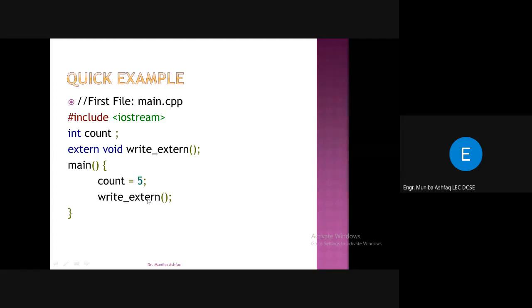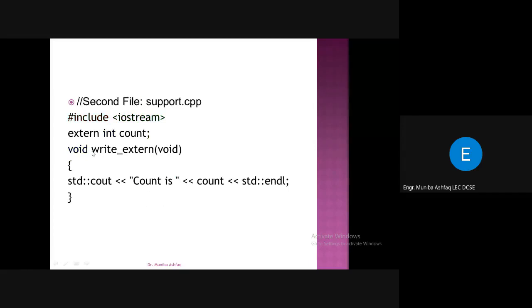Within this main function, initialization of the global variable count and function calling. When we call this function, it is not defined here. If we do not write this extern, it will give you an error that this function is not defined. But here we are specifically telling that this is extern, it's from external, right? So it will look into the second file, and according to the definition there, it will just display count